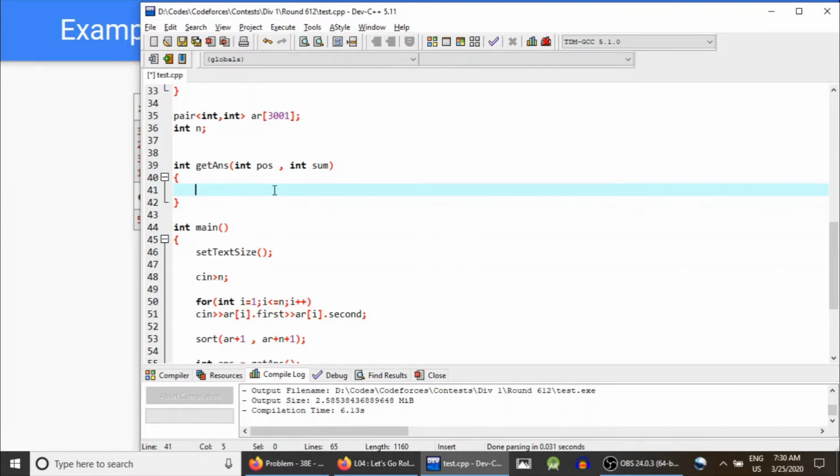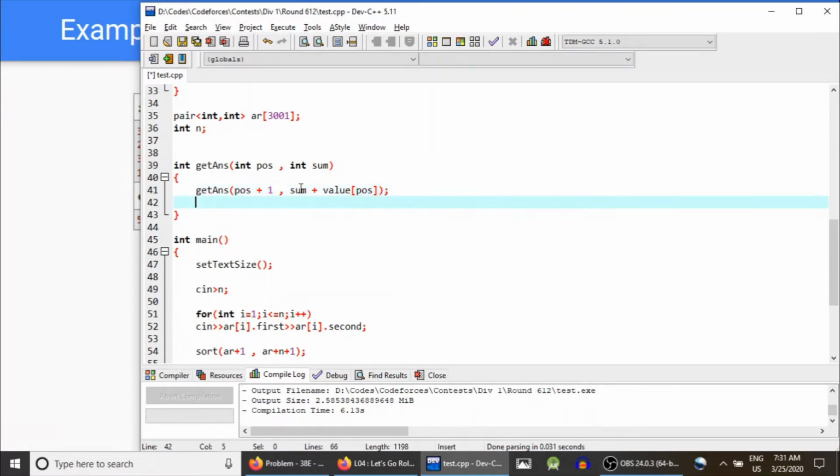First, either to include this element into our sum or don't. If you include it, the result would be pos plus 1, because for position pos you have already decided what to do, and since you have included it into the sum, it would be sum plus weight or value, whatever you want to call it, the value of the current element, because you have chosen to add this